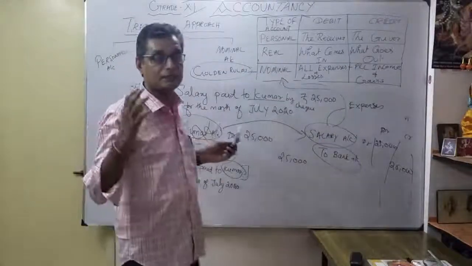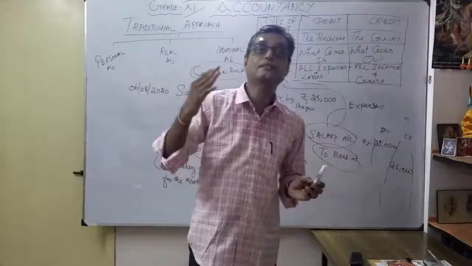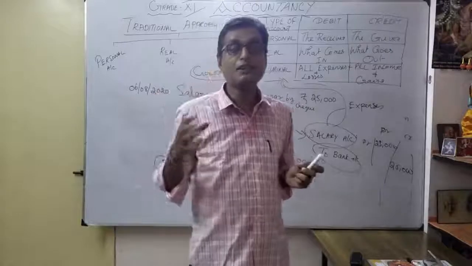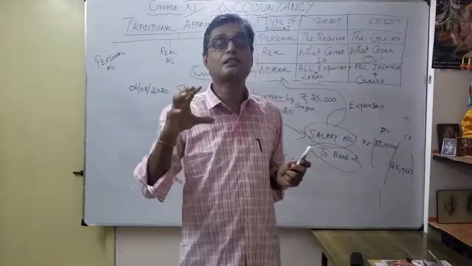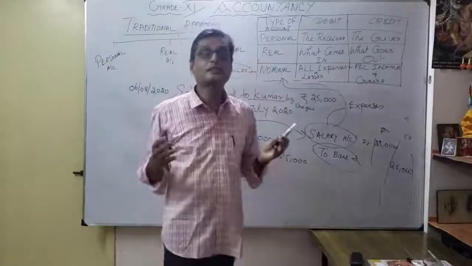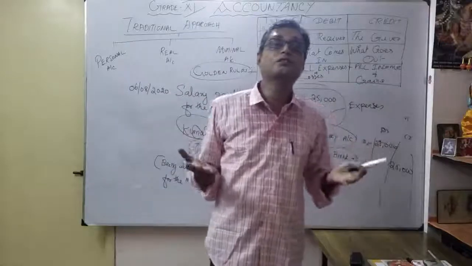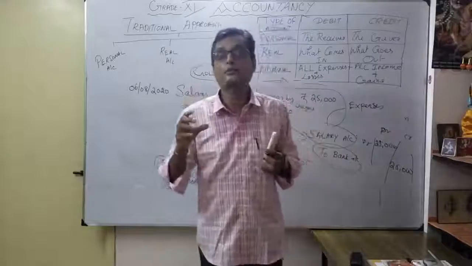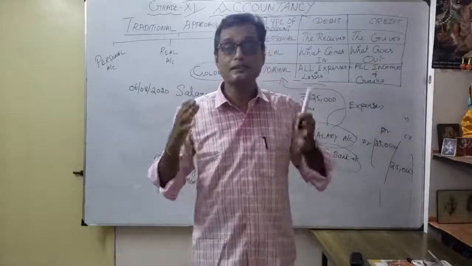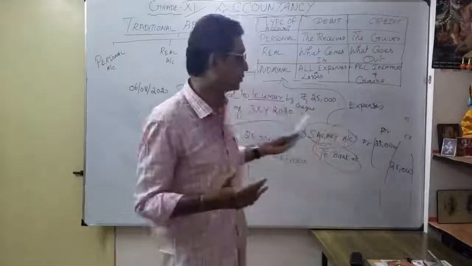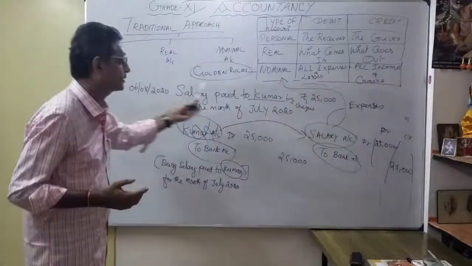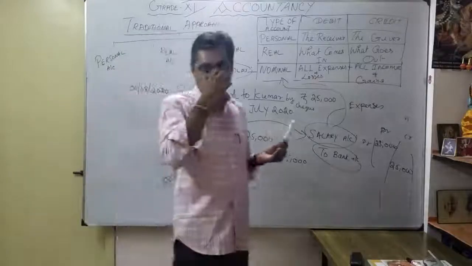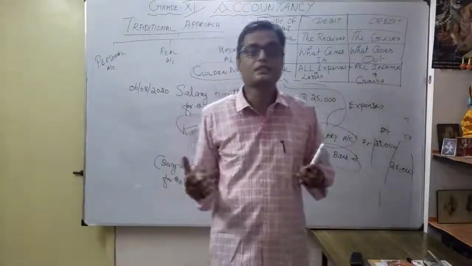You learned very important things: how to make entries whenever there is a credit transaction for purchases and sales, then naturally how to show discount allowed and discount received. Similarly, whenever cash is withdrawn for personal use, how to show it: drawings account. That drawings debit part is very, very important. Similarly, whenever salary is paid, how to show it. That's the example we discussed in this session. All important. Then further, we'll discuss the remaining in the next session videos.